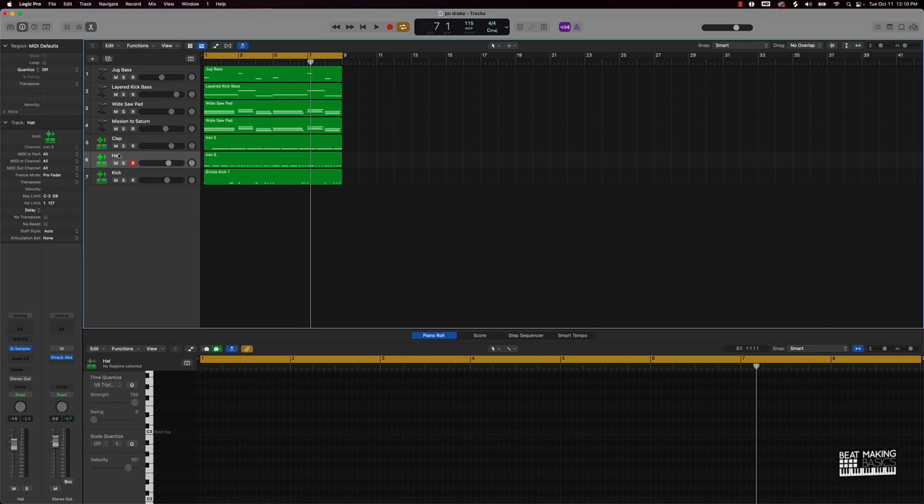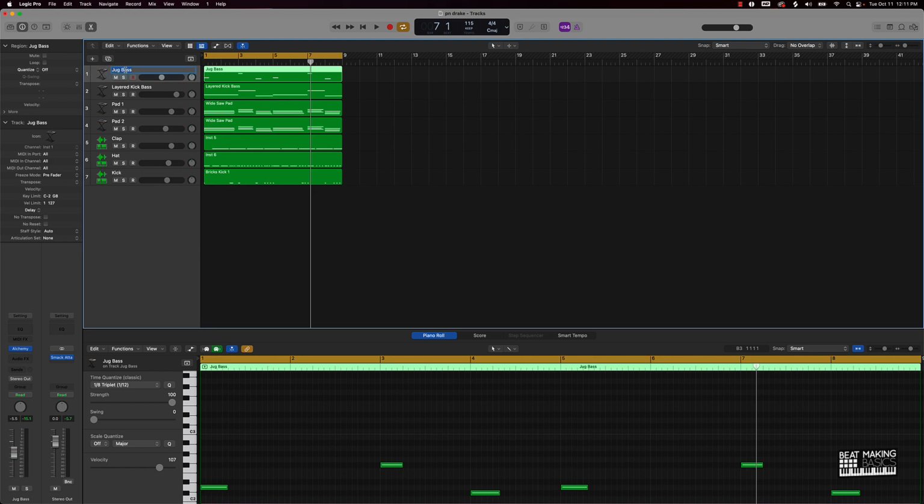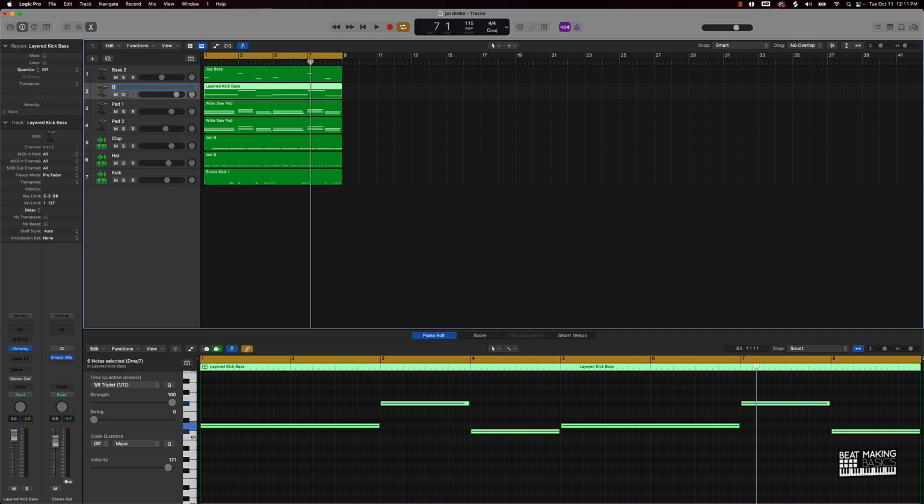So it looks like I already have everything named here. I'm actually gonna go ahead and simplify some of these names to say like pad 1 and pad 2. We'll actually simplify these as well, so say bass 1 and 2 as well. So I'm actually gonna, we'll just make this bass 2. All right, but that's the first thing you're gonna want to do is go ahead and name these things